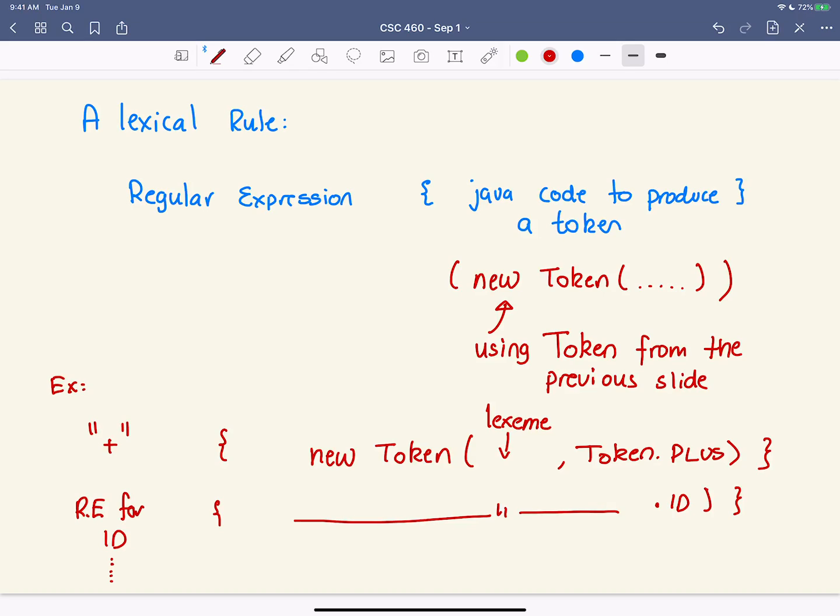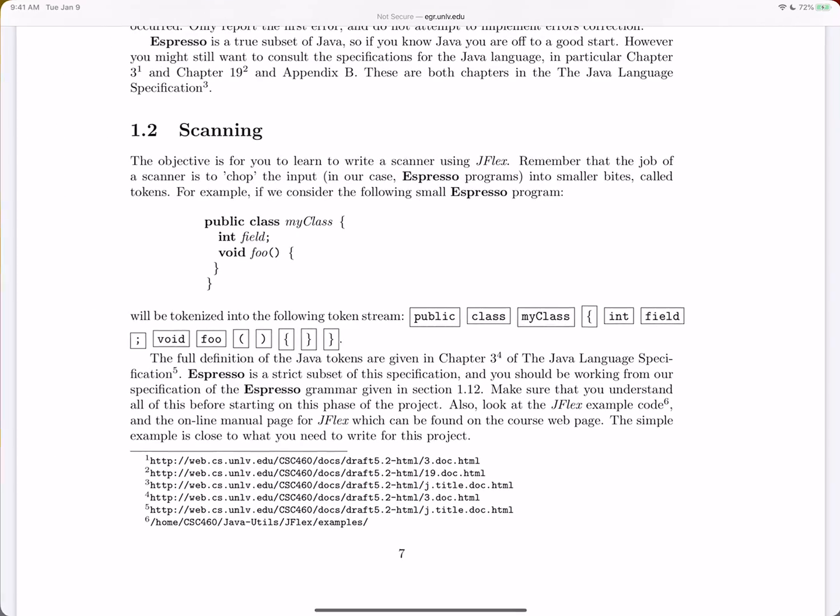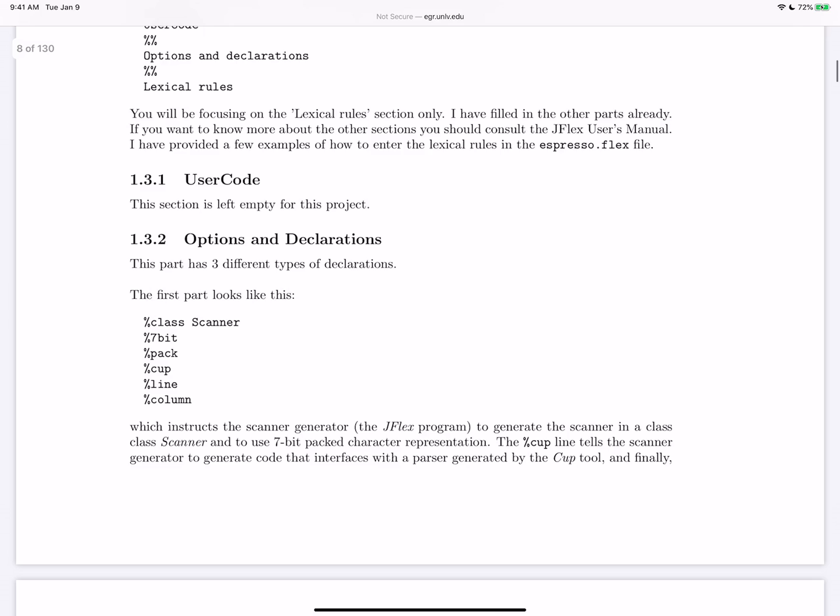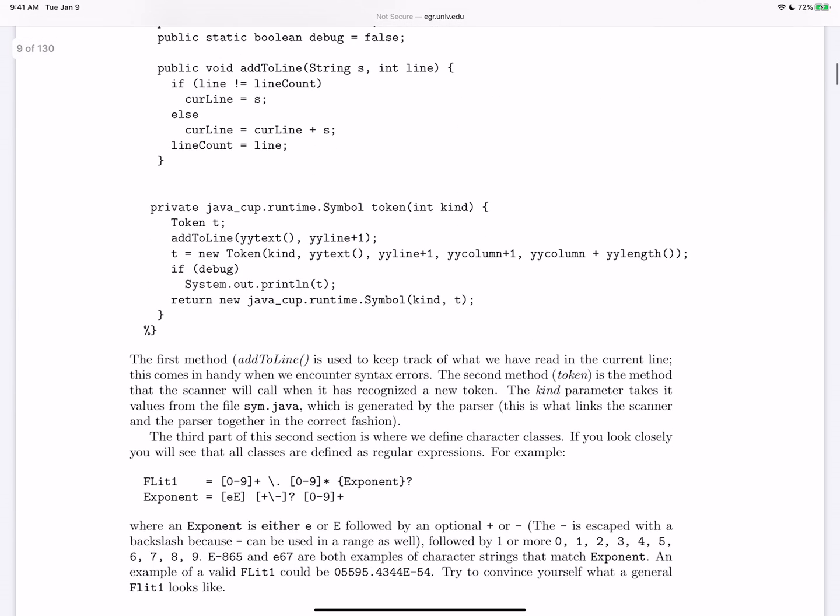Now, rather than having to go and grab the lexeme and all this other stuff and type in new token every time, you can see that I've given you this token function, so we can just call that one with the kind. And you can see here that yytext is the lexeme, yyline plus 1 is the line number, yycolumn, and yylength is used for calculating